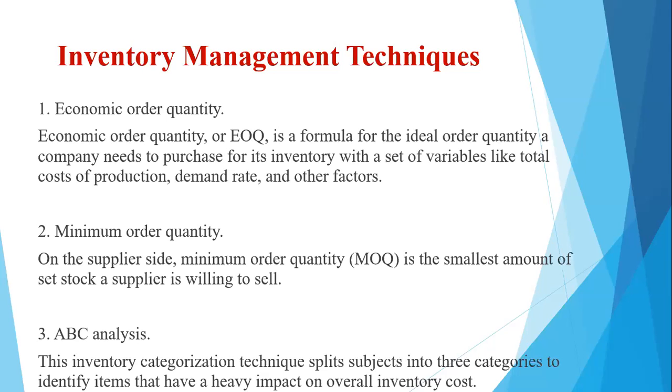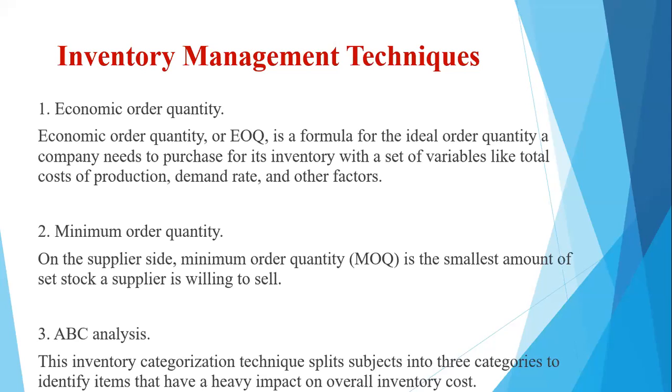Okay, so category A depicts some 50 to 60% of the inventory. Category B depicts some 20 to 40% of the inventory, and then category C items depict 10% of the inventory cost. So this is with respect to the cost of the inventory. That's where the categories are made.